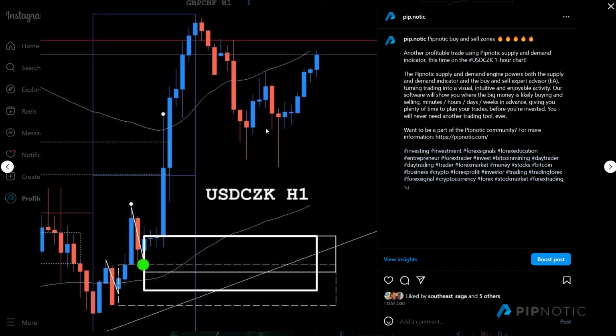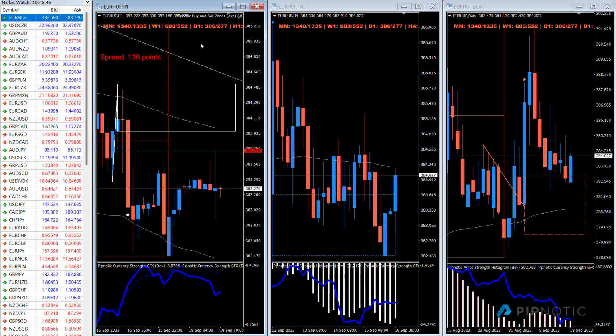Okay, super predictable. And so what the software is doing, that particular configuration option, the LastBar parameter, it's telling the software how many periods, which for the hourly chart would be hours, for the 4-hour chart would be 4-hour bars, are allowed to pass since the formation of a supply and demand zone before it will no longer look at that zone. And if we go and have a look at the dashboard,